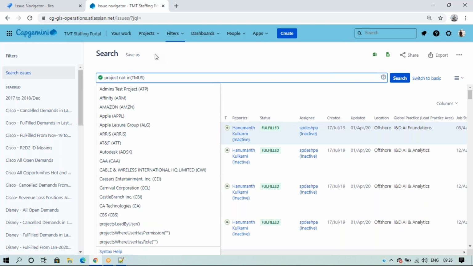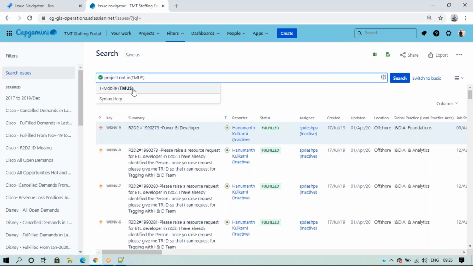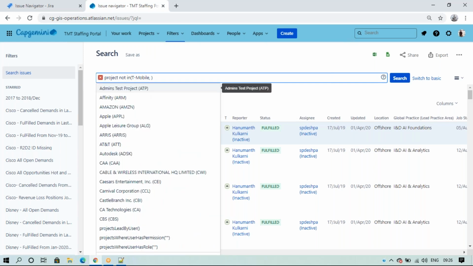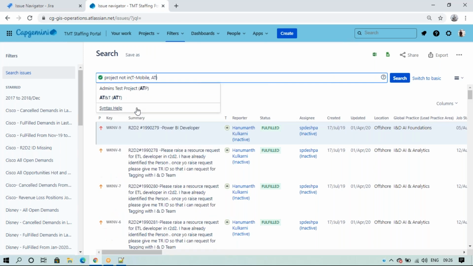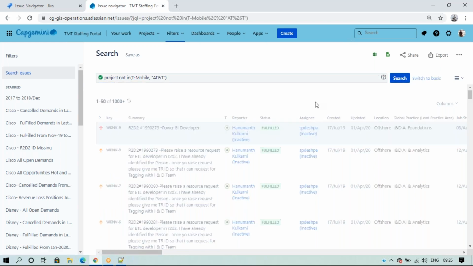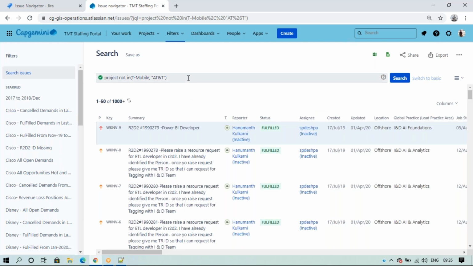For example TMUS, I obviously choose this, and AJNT, the projects I don't want, so I'll select them. So now, except these two projects, all the remaining projects will come, right?